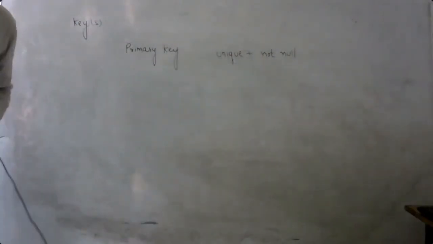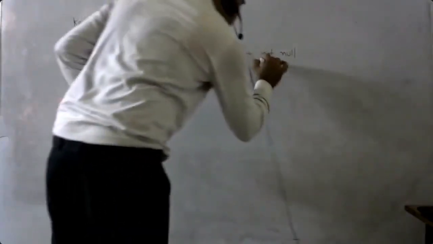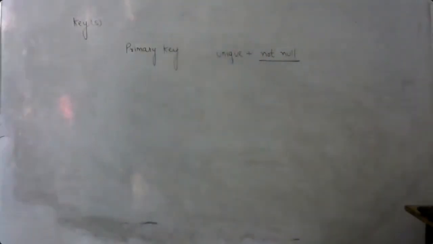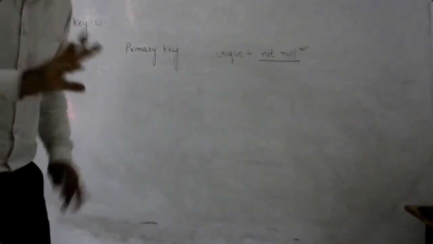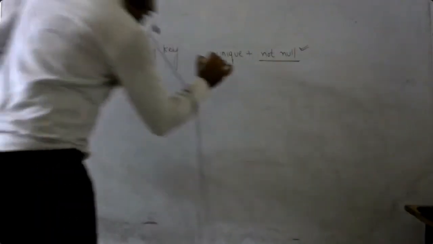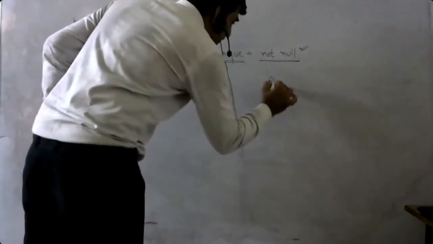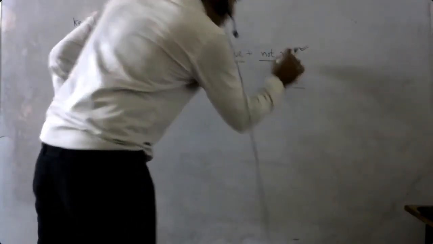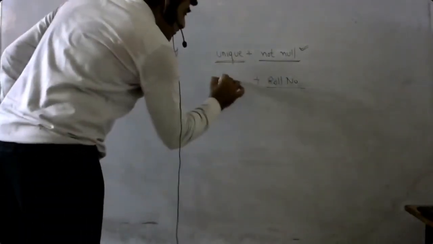Have you ever seen a student who doesn't have any roll number? Each and every student has a roll number, meaning the primary key's value cannot be null. If we talk about employees, every employee has an EMP code. There won't be any employee to whom no EMP code is assigned. And in a university, each and every student is given a roll number. We cannot have a blank value for a roll number, and at the same time, every roll number is unique.